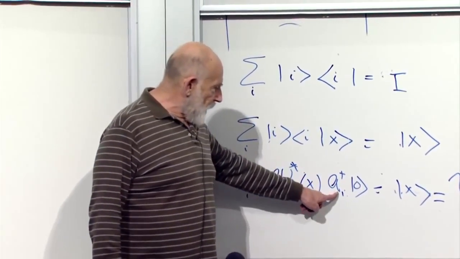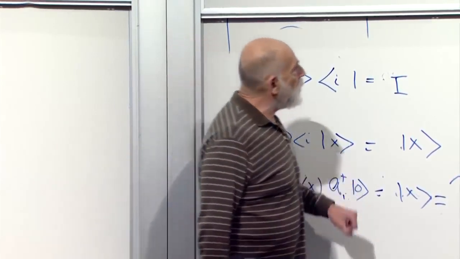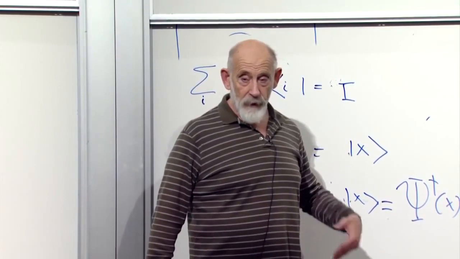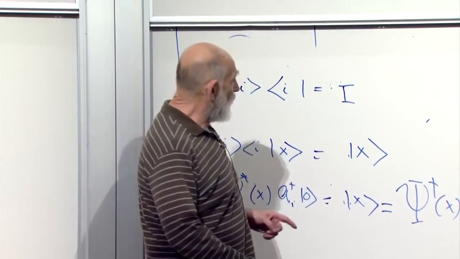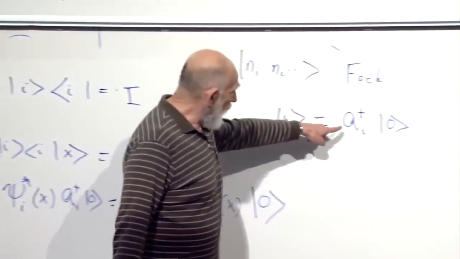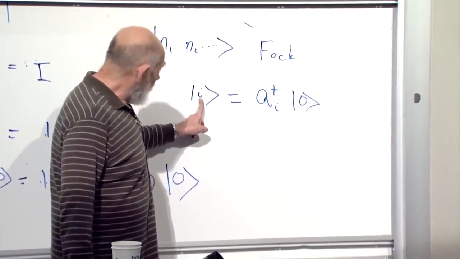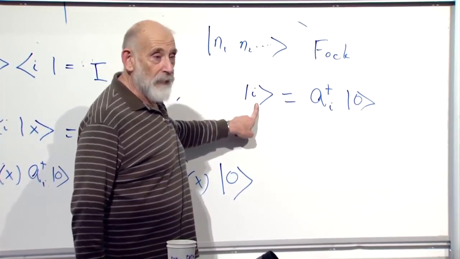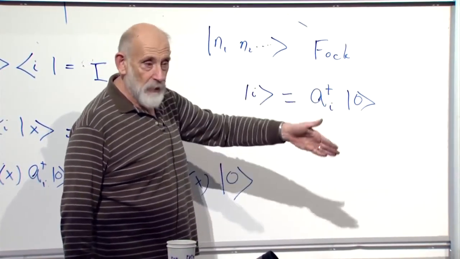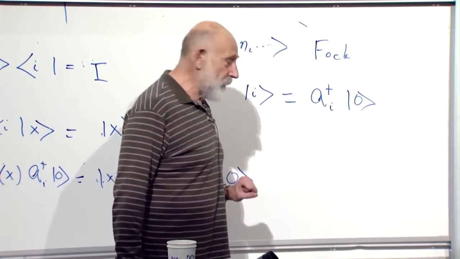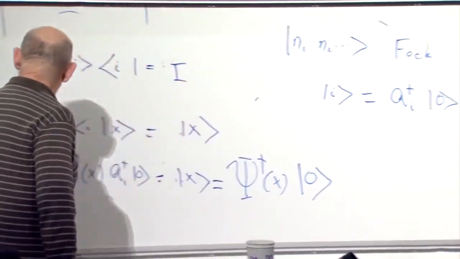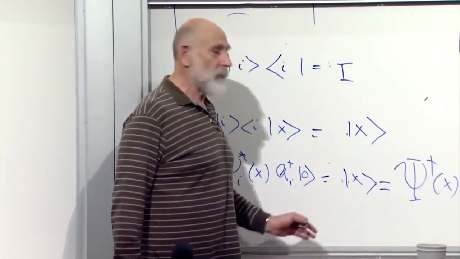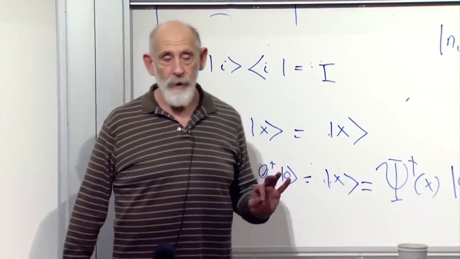The creation and annihilation operators create particles in the energy eigenstates. You apply a dagger to the vacuum and you get a particle not at position I, that doesn't mean anything, but in the wave function I, sines and cosines and so forth. That's the meaning of A plus. On the other hand, when you combine them together into the quantum field, it creates a particle at position x.